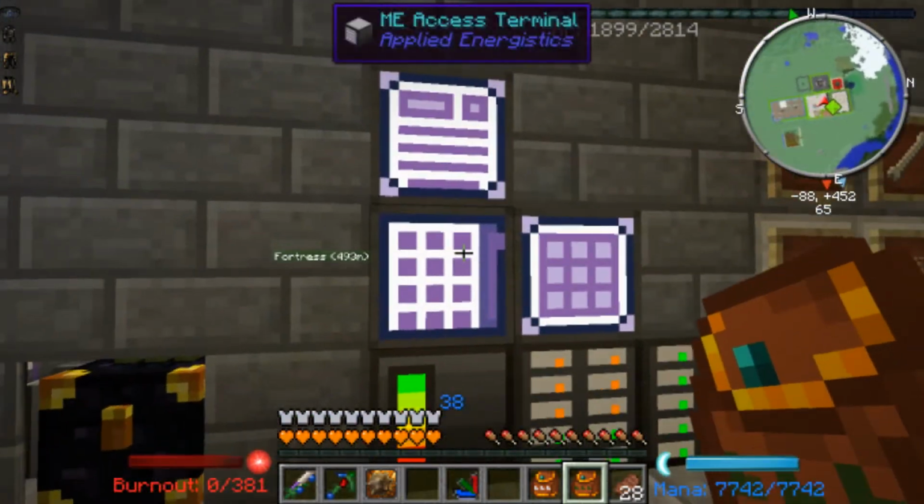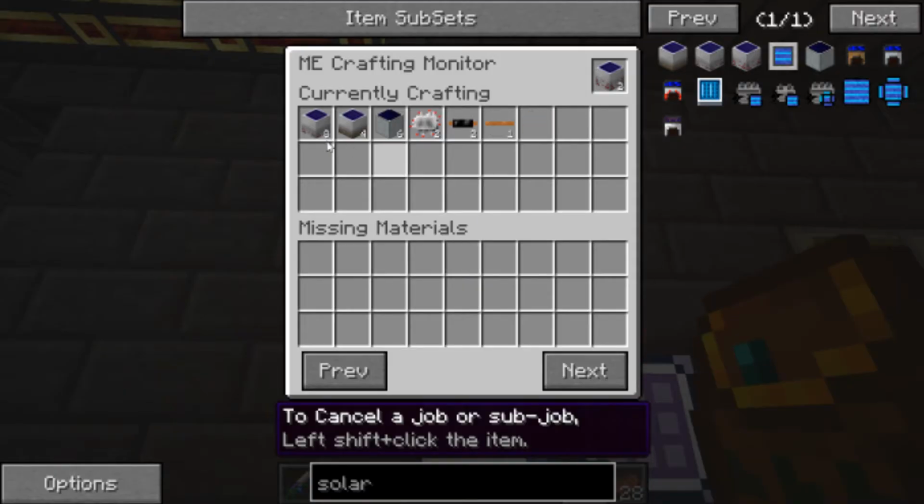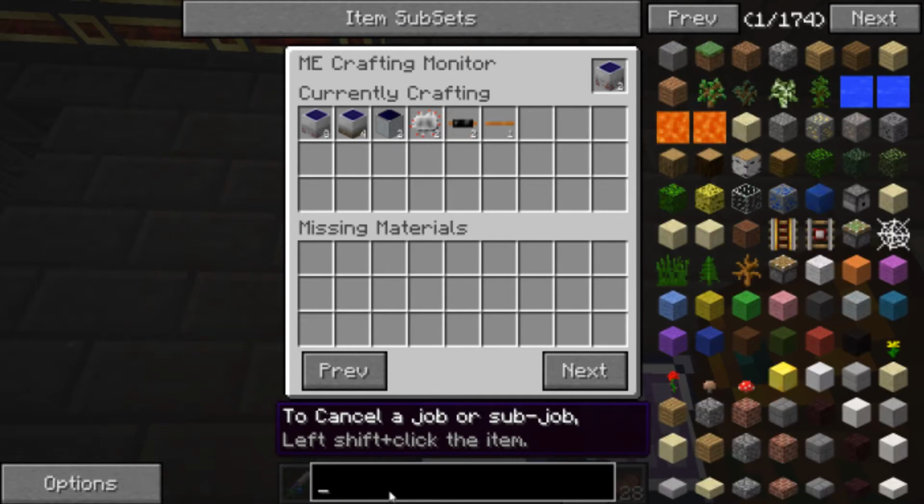Ultimately, I actually want to make these high voltage solar arrays. I actually want to make probably 6 to 8 of them, and we'll see what we wind up with. Let's see. So we want to make an MFSU. The MFSU